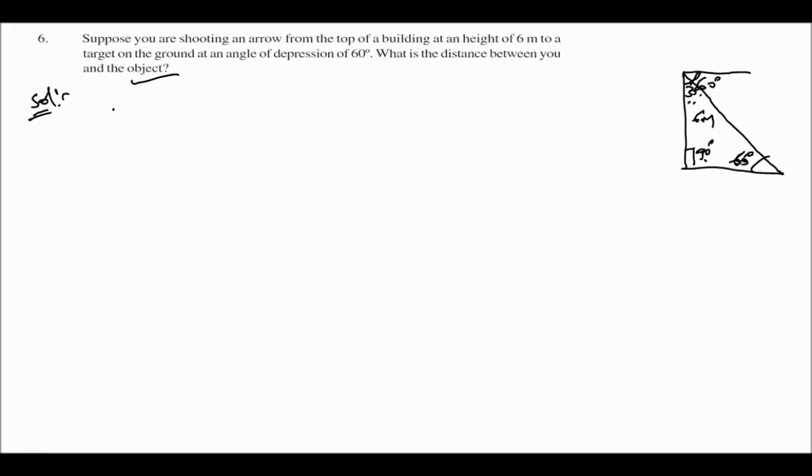Here, solution. The height of the building is how much? Height is 6 meters, and the angle of depression is 60 degrees. Angle is 60 degrees, and the distance is how much here? So what is the distance here? Take it as x. Okay, x meters. Distance is x meters. So from the figure,